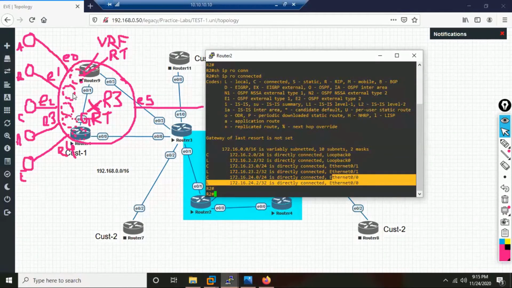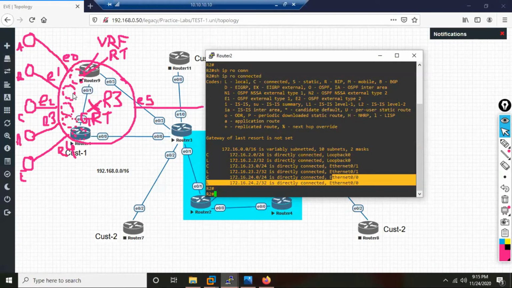Same like the switch's VLAN. By default all interfaces are members of VLAN 1. Then on the switches we create some VLAN, and then we go to some interface and say, hey interface, you are a member of VLAN 10. Once I do that command, what happens? It will immediately become a member of VLAN 10. Now if I do show VLAN, what do I see? It is not existing in VLAN 1. So the same example applies for VRF.